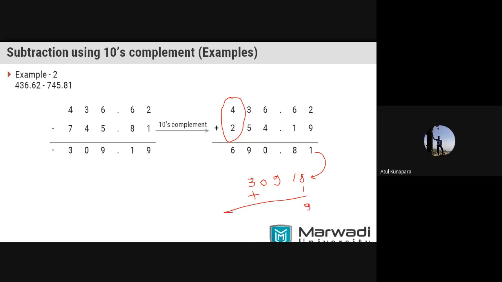So 8 plus 1, 9. Then 1 as it is, 903 as it is. So you will be getting the correct answer here by converting. But there you have to add the minus sign to show that this is the negative answer. Okay, so these are the two cases you have to understand. If carry is generated, then in tens complement form, you need to ignore the carry. And if you are using nines complement form, you have to add that carry into the answer.